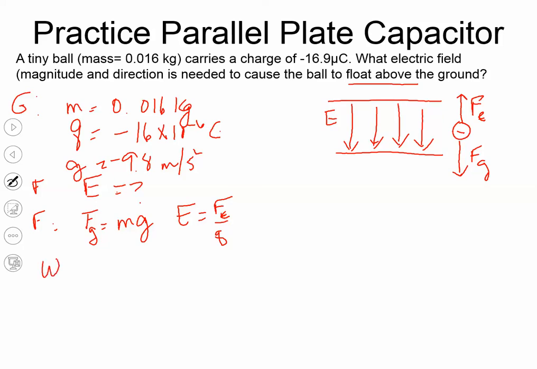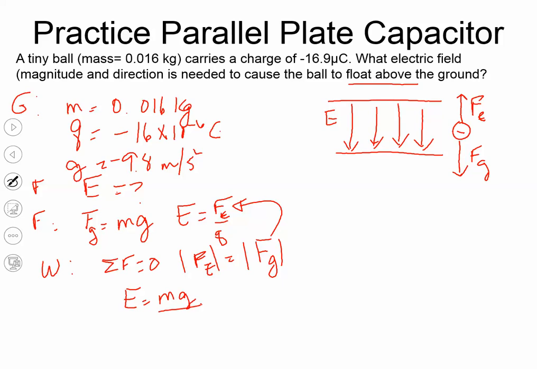All right, and so my work is pretty straightforward here. The first thing I'm going to show is that the sum of the forces is equal to 0 here, which means that F sub E is equal in magnitude, if you want to do this from the first semester, to F sub G. So that means I can substitute F sub G right in here. So let's just do that in one step. E equals mg over Q. We substituted that in there, and now we're just going to solve, because I have everything else. So E equals